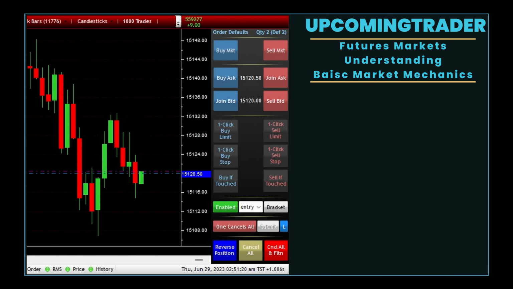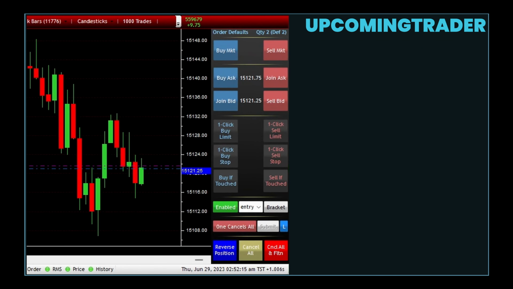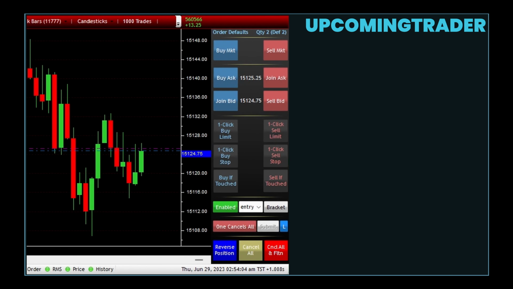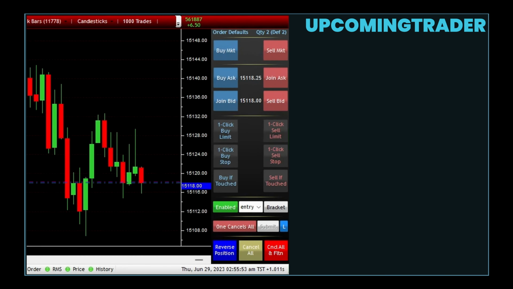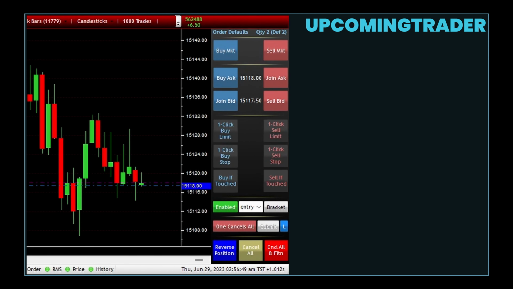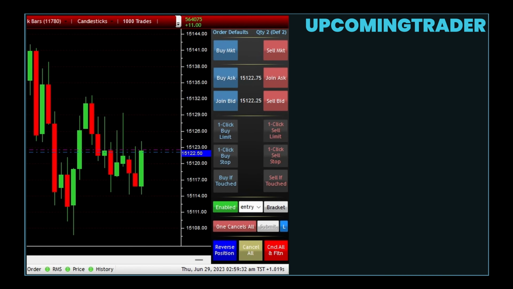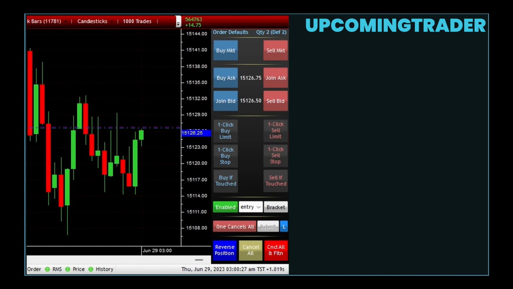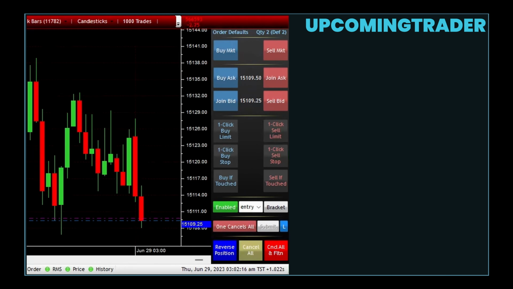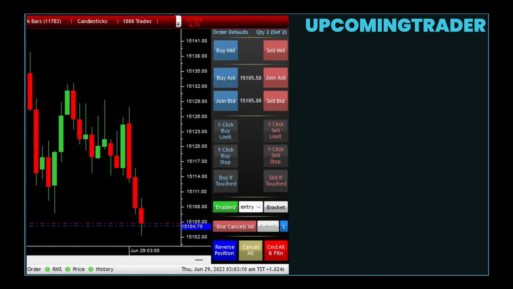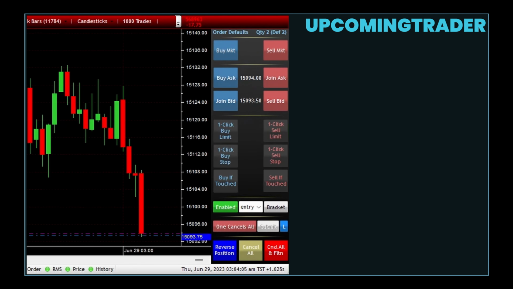In the futures markets, like the NASDAQ E-minis, there is a buyer for every seller and there is a seller for every buyer. This is an important concept to understand. Every trade on any futures market, there's always a buyer and there's always a seller. Now, every trade in the NASDAQ E-mini futures market is a dance of price action between a buyer and a seller. Again, for every buyer, there is a seller, and for every seller, there is inevitably a buyer.